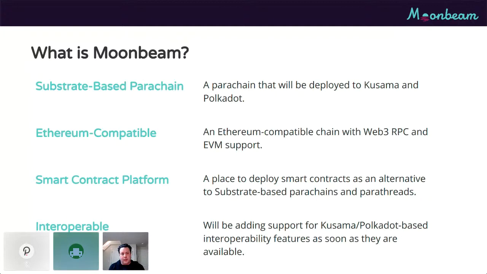For us here at PureStake, working on Moonbeam, the interoperability features of both Kusama and Polkadot are really one of the key motivations for us. As more of those chain integration features get released onto the relay chains of Kusama and Polkadot, we'll be adding support for that interoperability on Moonbeam, extending this Ethereum feature set. And so just to talk a little bit about what the goals of the project are and who we're trying